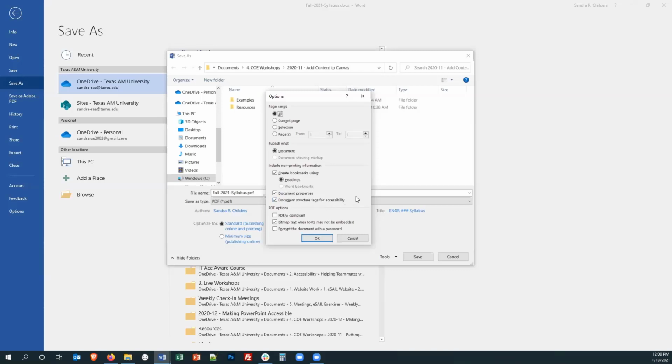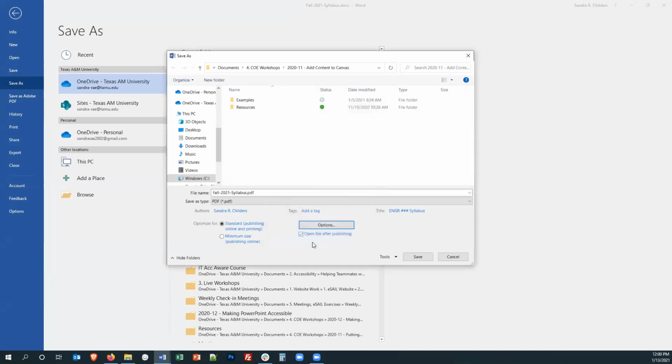The error that Lainey showed earlier with that one document that says it wasn't tagged, that's because this checkbox was not checked when it was saved over as a PDF, or it was printed to PDF, because I'm pretty sure this doesn't create the tagged PDF. The tagged PDF is what makes the PDF actually readable to any of your students using a screen reader. Otherwise, it's just inaccessible to them.